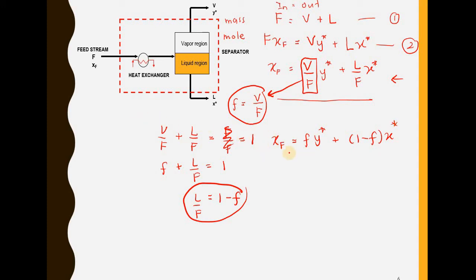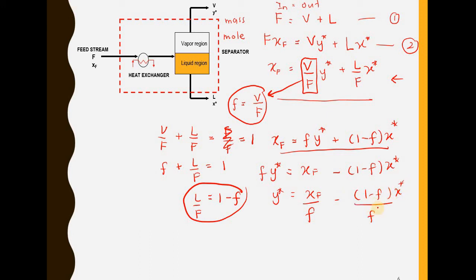Okay, next I will change this equation. I will put Y star as the subject. Y is equal to XF, sorry, minus 1 minus F X star. So Y star is equal to XF divided by F minus 1 minus F